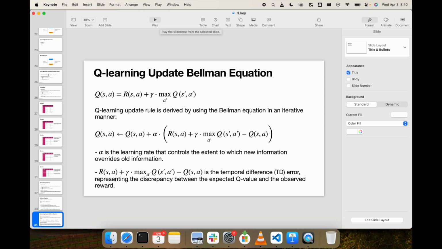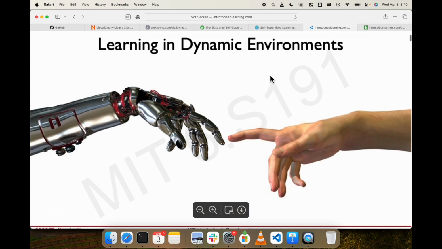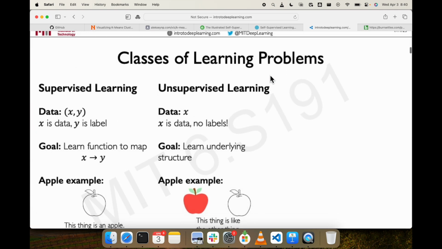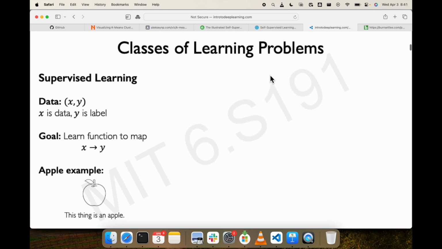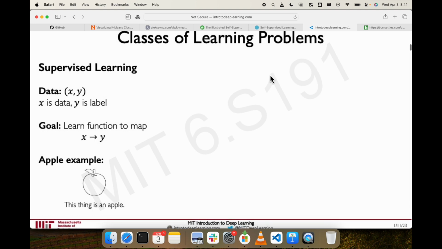So we'll skip that. Instead, we will today discuss the different kinds of learning, and I'm again just referring to this very nice slide deck from the Intro Deep Learning course at MIT. So we have been primarily looking at supervised learning thus far in the course. In the previous lecture, we looked at reinforcement learning, but primarily at supervised learning. The difference between these algorithms is that in supervised learning, let's say,